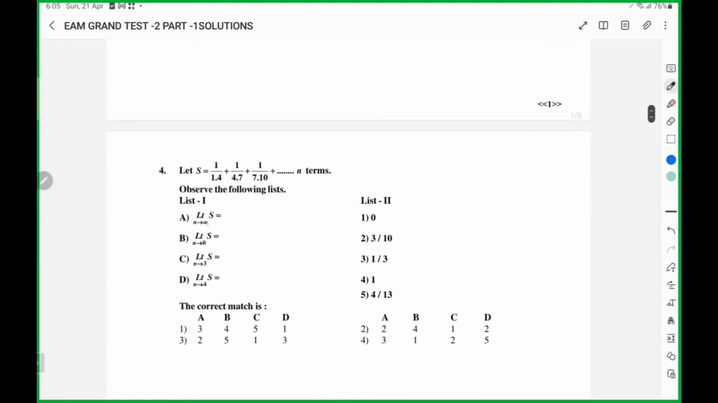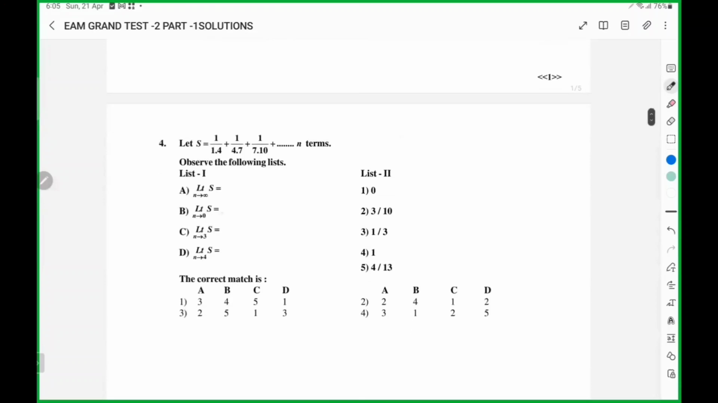Here, limit n tends to infinity. In this matching type of questions, at least see that any two are correctly mapped. n tends to 0 means you are not taking any term. B maps to 1. The only option is 4. If you have one more doubt, n tends to 3 means,